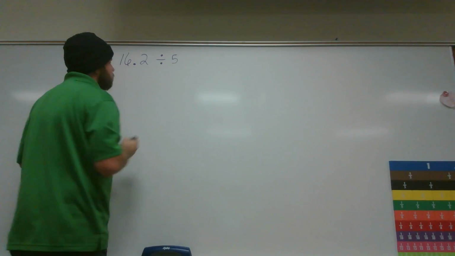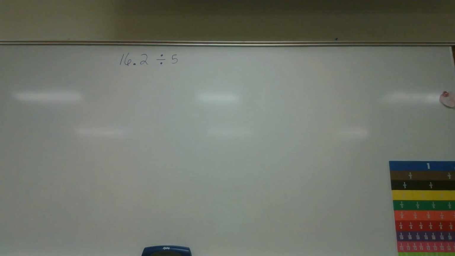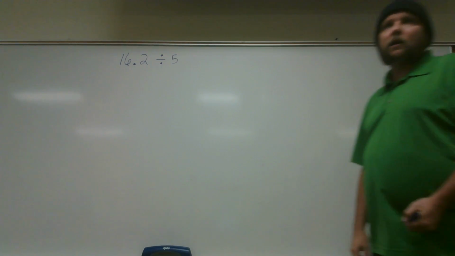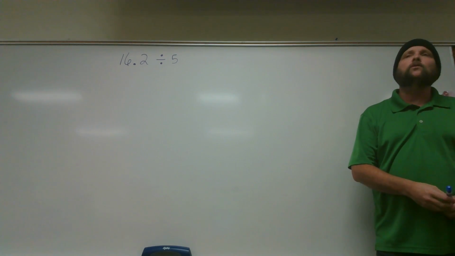Wait, a dividing decimal. I don't know how to do that. 16 and 2 tenths divided by 5. It's the exact same thing as regular dividing. When we're dividing with a decimal in the dividend,